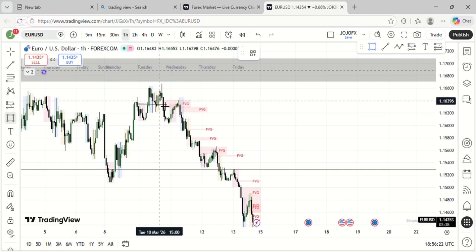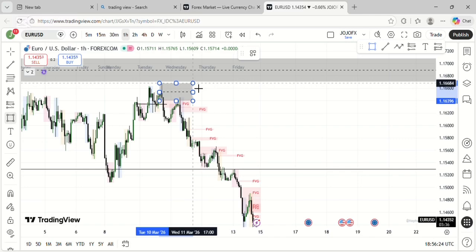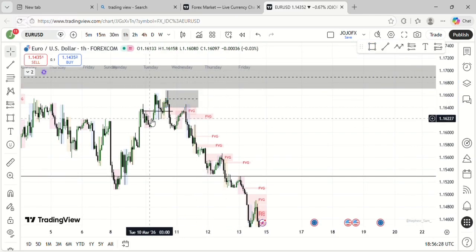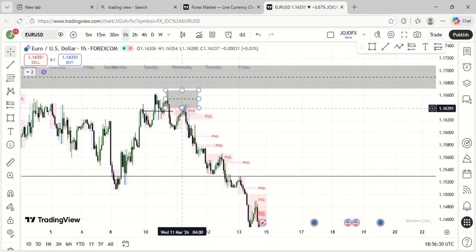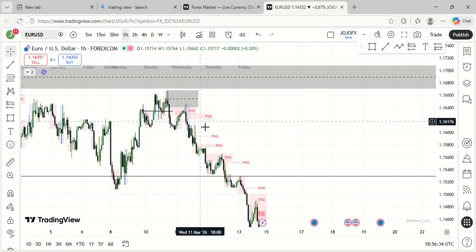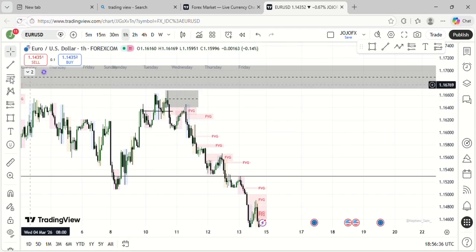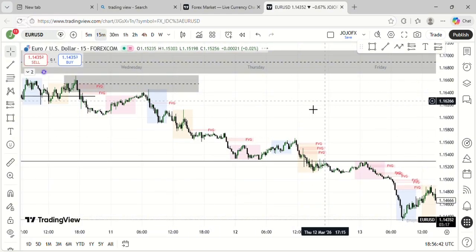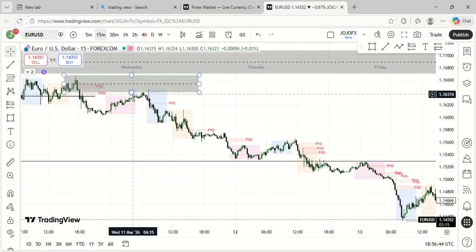I marked out the order block and I waited for price to mitigate it. So immediately price got to the order block, I knew it was a sign. So I went to a much lower time frame, which was the 15-minute time frame. And on the 15-minute time frame,